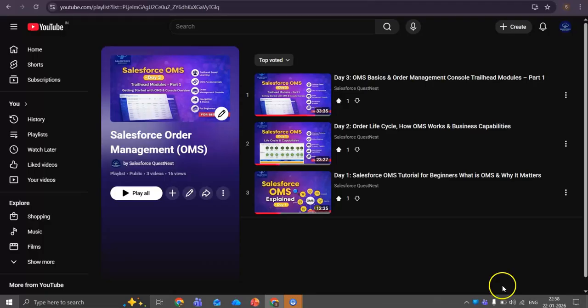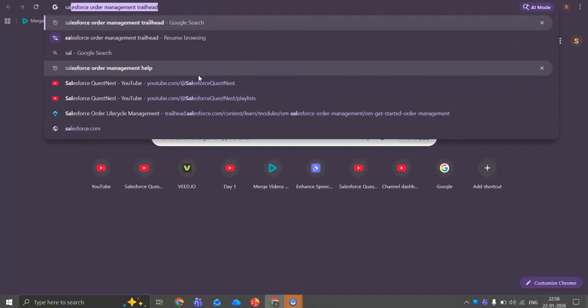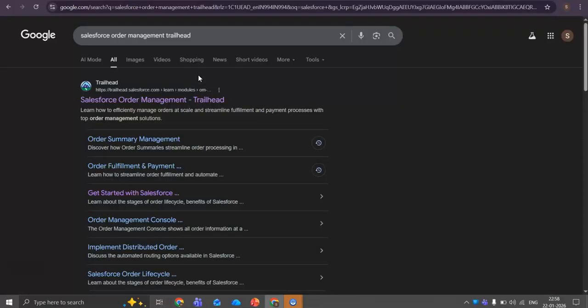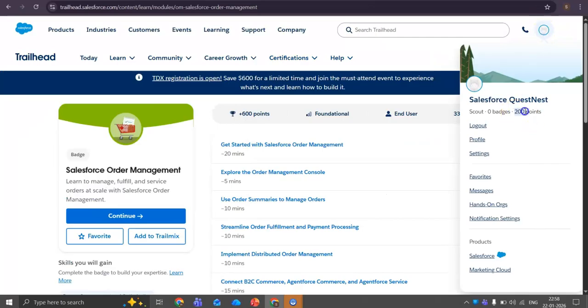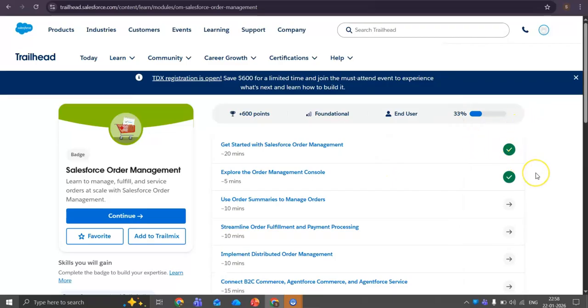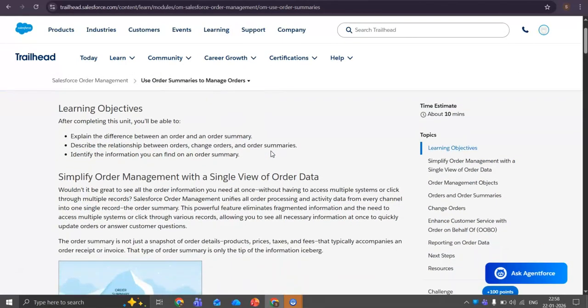Now I'll go to Google and search for the Salesforce order management trial. I'll open this, and I have already logged in. Yesterday we completed two modules, so you can see 200 points here. Today we will complete this third concept: use order summaries to manage the orders. Let me open this, and if I scroll down, you can see these three learning